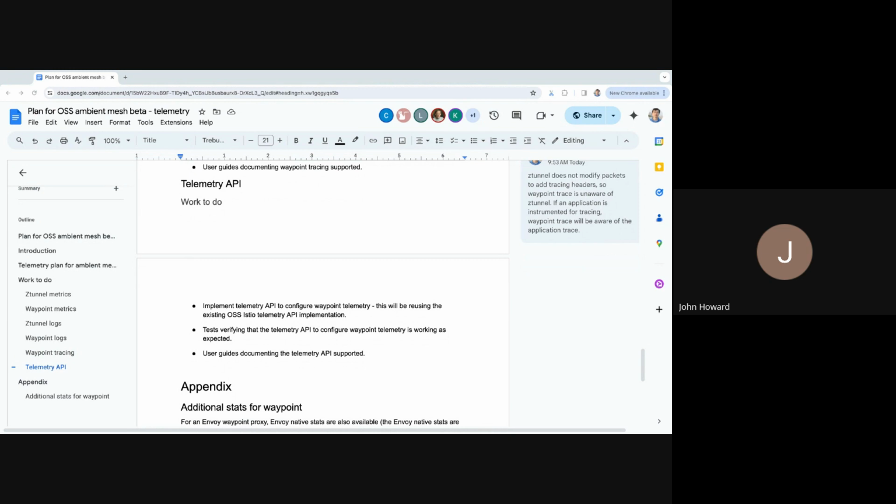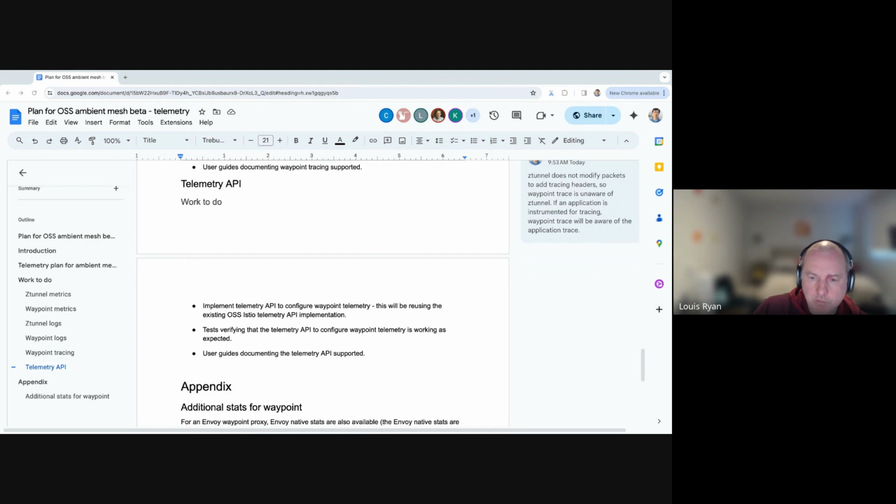So I suggest that we look at some of the VPC flow log standards for inspiration, rather than looking at Envoy. Envoy does not do a great job. It's trying to look like HTTP access logs from Apache, based on code that was written in the 90s. Things have moved on. So I suggest we update the doc on that front.